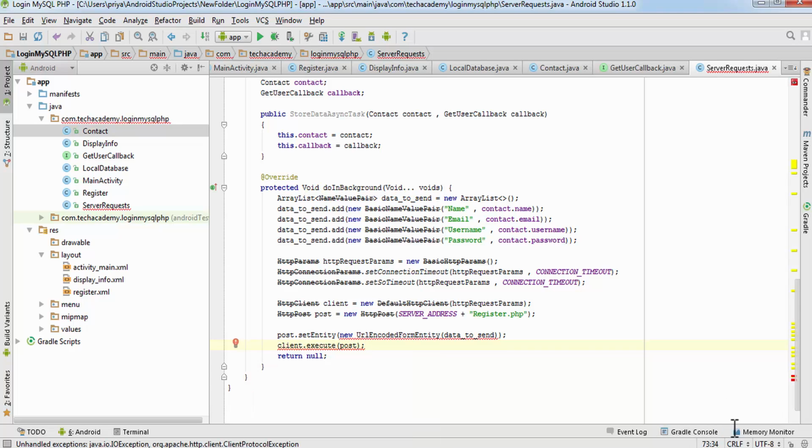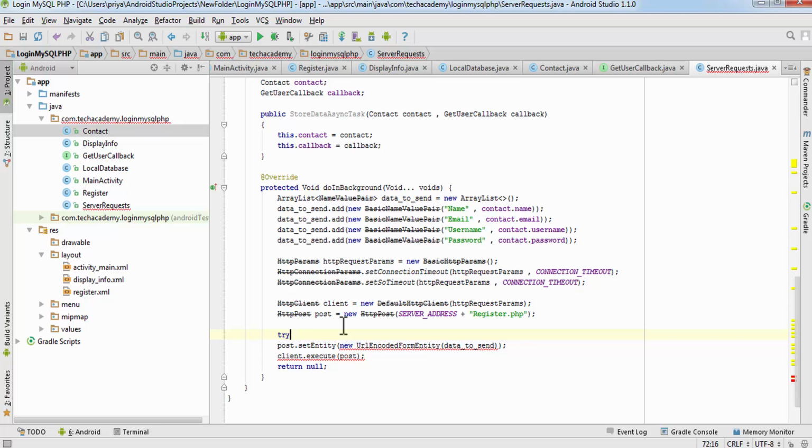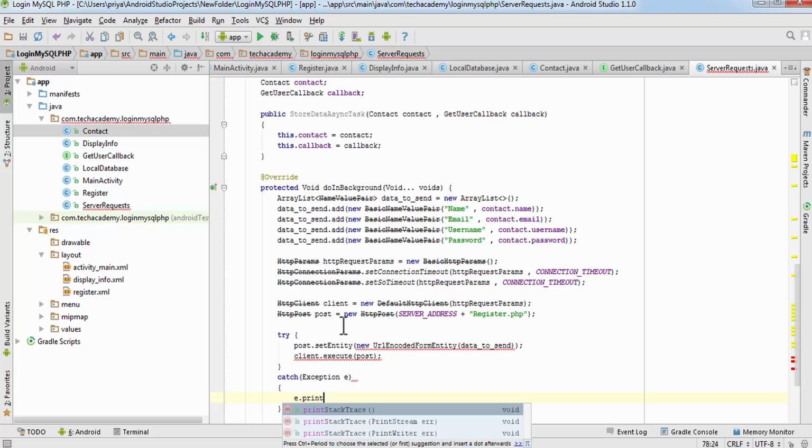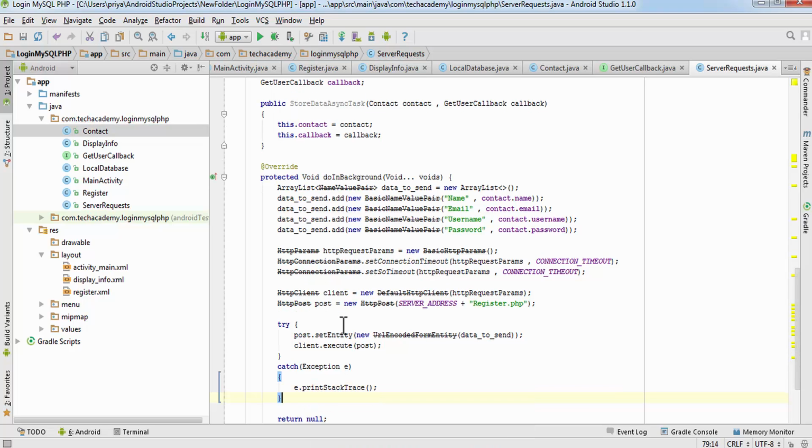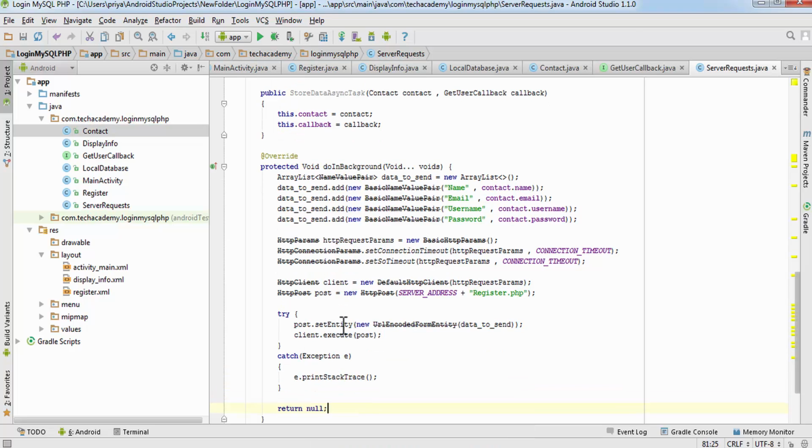Now there is an error, but because it may throw an exception, so for that we have to enclose in try catch. So write try and catch exception e dot print stack trace. So the error is also gone now. So this is done.